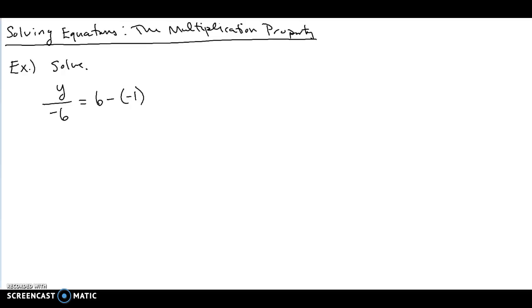This particular video is on solving equations, and it's based around the multiplication property. Just like the addition property, the multiplication property really only says that what you do to one side of the equal sign you have to do to the other, and this is in context with multiplying or dividing. So they give us the problem y over negative 6, or y divided by negative 6 equals 6 minus negative 1, and we are asked to solve it,